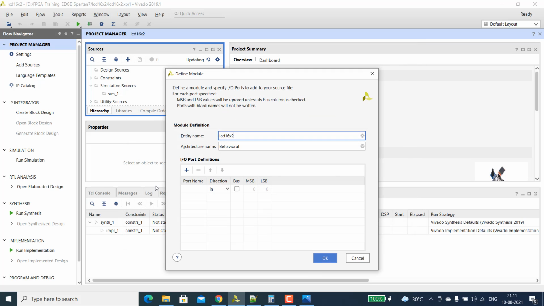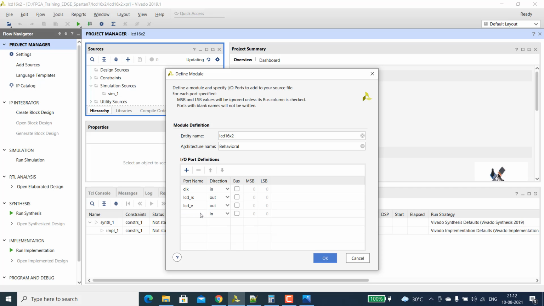So this one consists of the clock as an input, with LCD register select, RS, as an output. So all the lines to the LCD are in out mode. Then we have LCD enable. This is also in out mode.